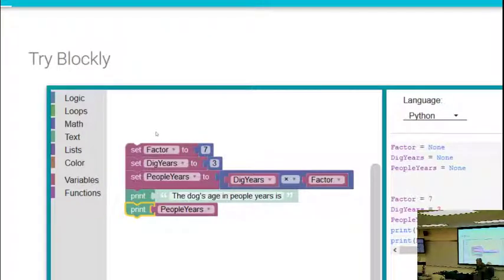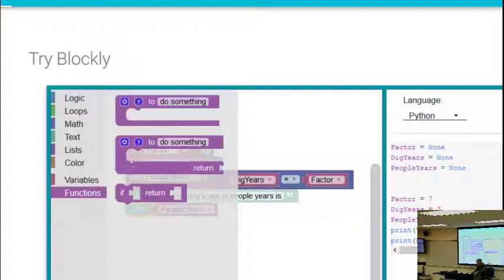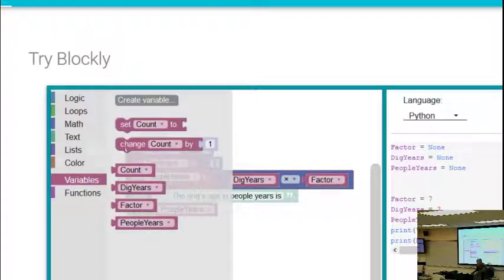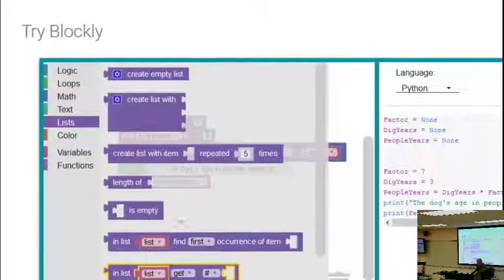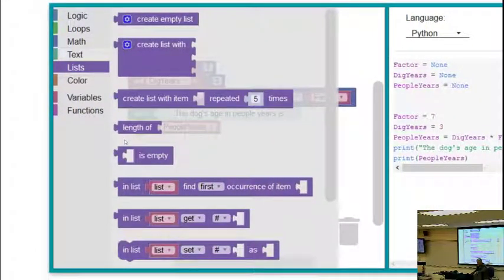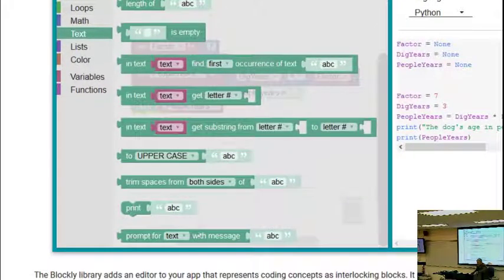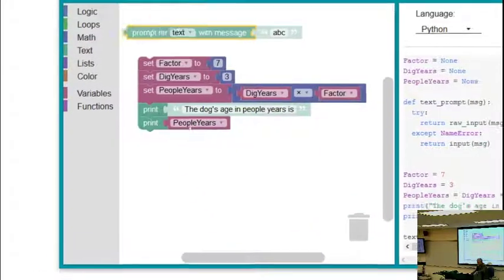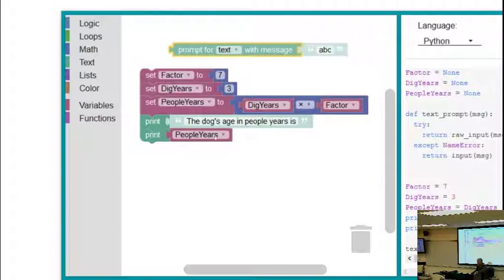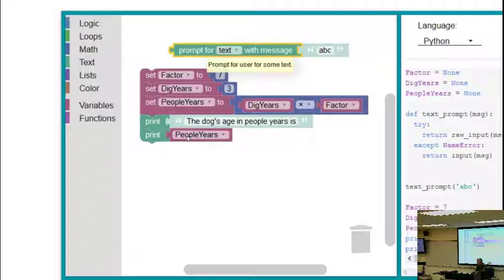All right. Now, where is the input? I don't know. No. This? Length of list is empty. We looked through text, right? Prompt for text with, oh, it is this, I think. It is this. Yeah, because see, this isn't a statement by itself. This needs to be connected to something. So for example,